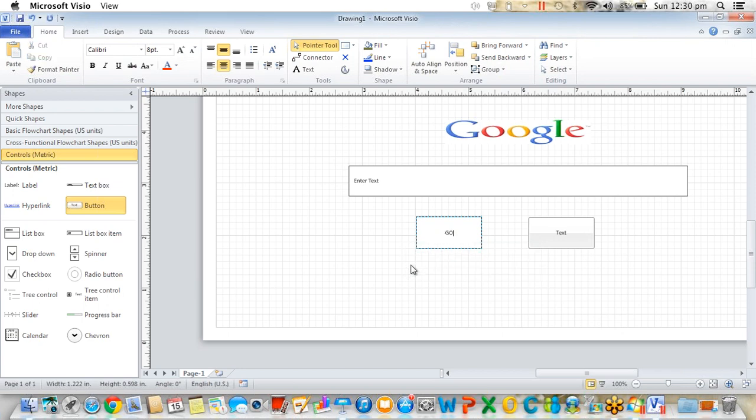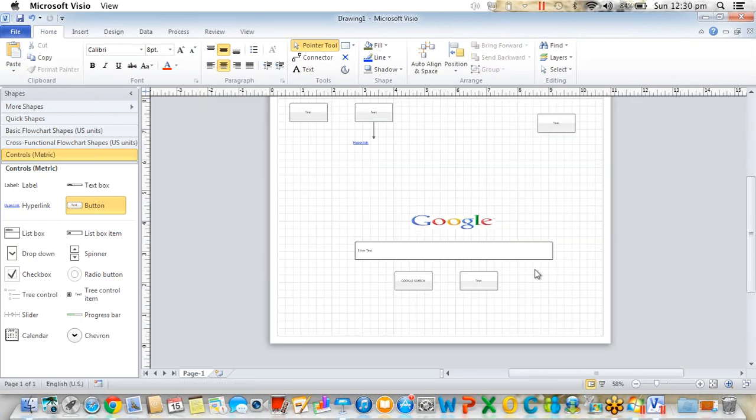It's like Google search. In the same way, on this I'll double click and write I am feeling lucky. Here I'll write Gmail and YouTube and sign up. Okay, sign up or sign in. Now I just right click on this, copy this diagram, and